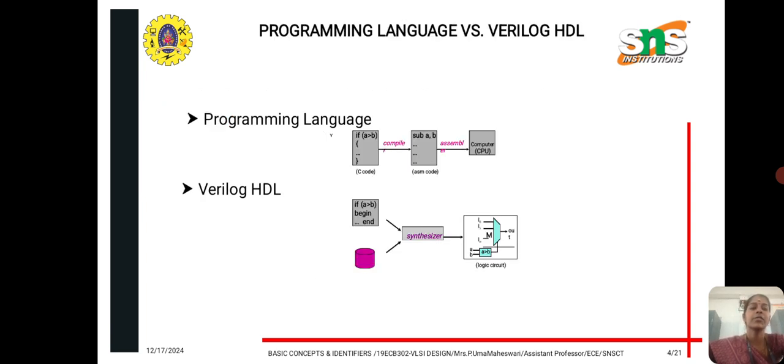Then, programming language versus Verilog HDL, that is, we are comparing whether it is similar or whether many things are different in this case. In this programming language, if A is greater than B, you get a piece of code, and if A is not greater than B, you get another piece of code. It goes to a compile part, and in this case a .asm file, an assembly language code, is developed, and after that it goes to the CPU, that is the computer. And in Verilog HDL, if A is greater than B, it begins and then ends, and